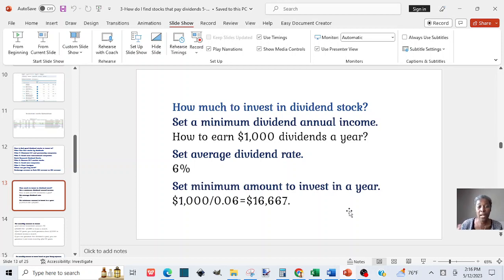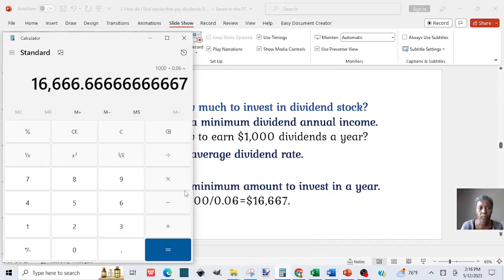I like to do things long term, that way there is no pressure. You won't feel discouraged. You take your time and do it little by little, and it becomes a routine. So if you say, okay, if I have $16,000 invested a year, I will earn $1,000 in dividends. If you want to invest $16,000 a year, you take that $16,000 divided by 12, and you know that every month you need to invest